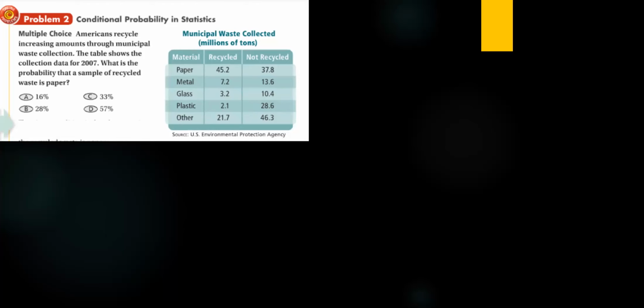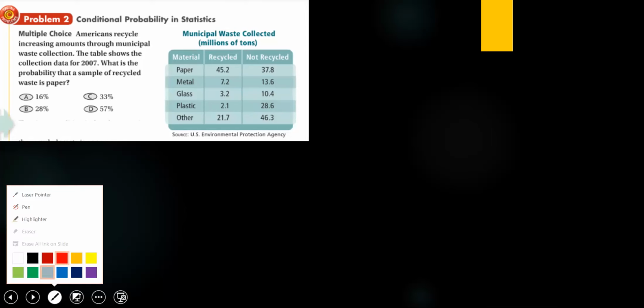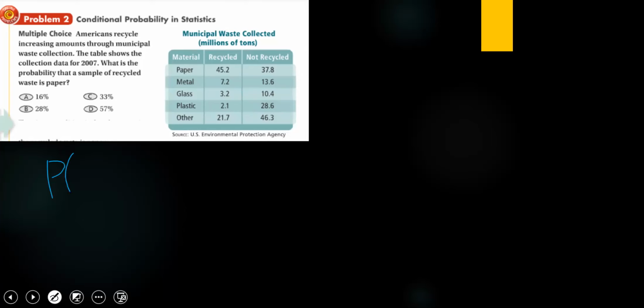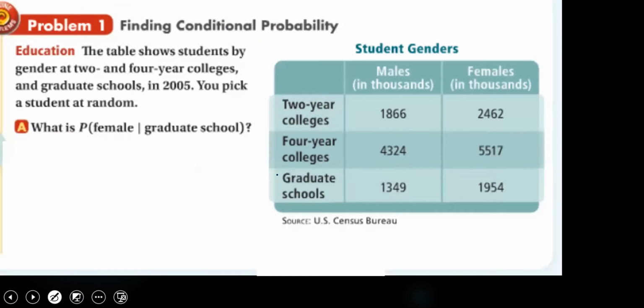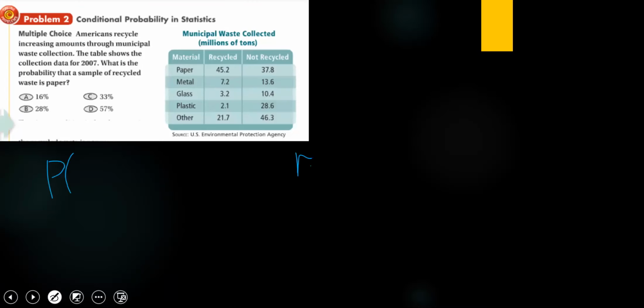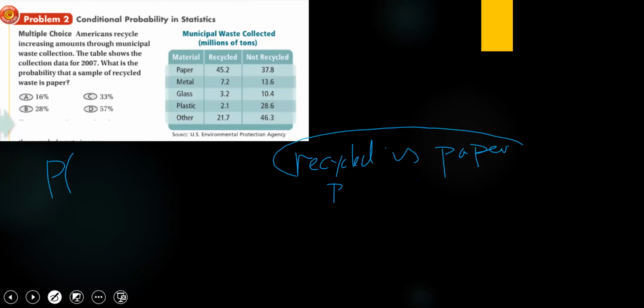Now the question is, what is the probability of recycled paper? Sometimes the conditional probability can be written like this, and sometimes it can be written